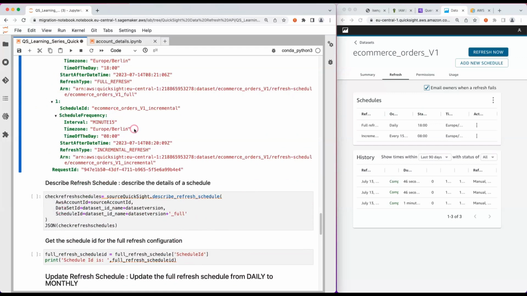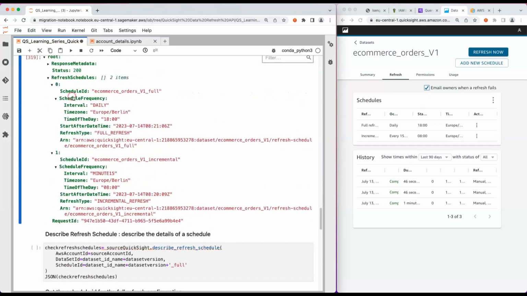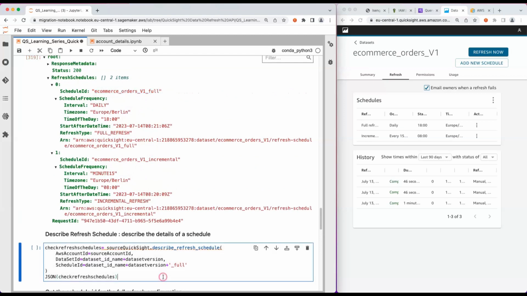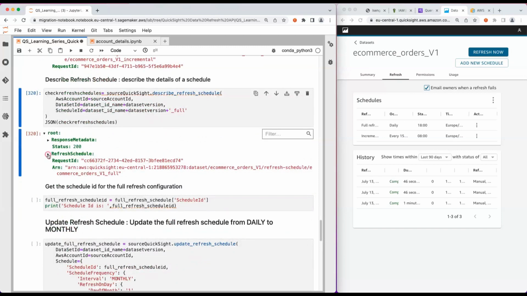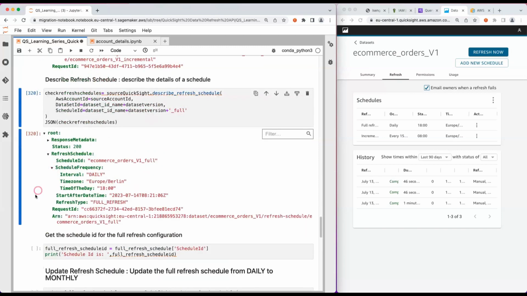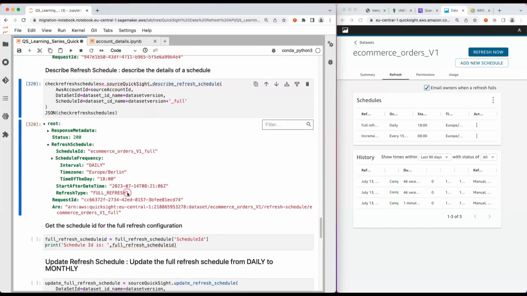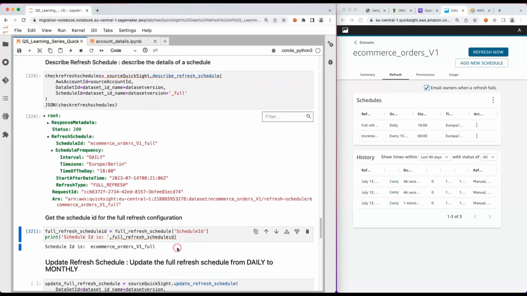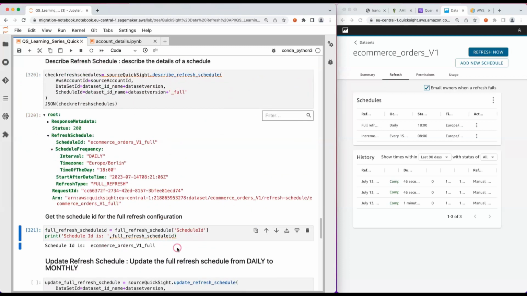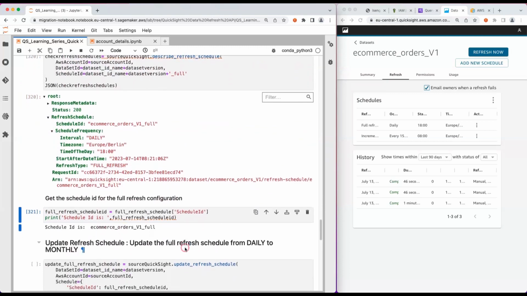In my scenario, as an example, I would like to see the schedule frequency details for e-commerce orders V1 full. That's what I'm passing over here. Running the cell once again brings me the metadata details for that schedule. Next, I am storing this specific schedule ID in a variable. What I want to do next also is